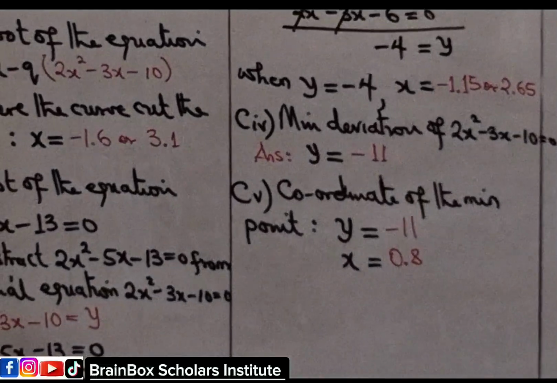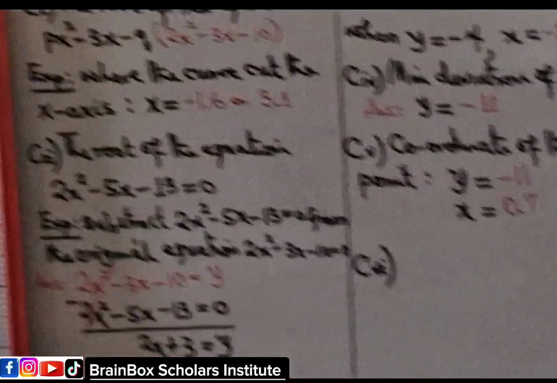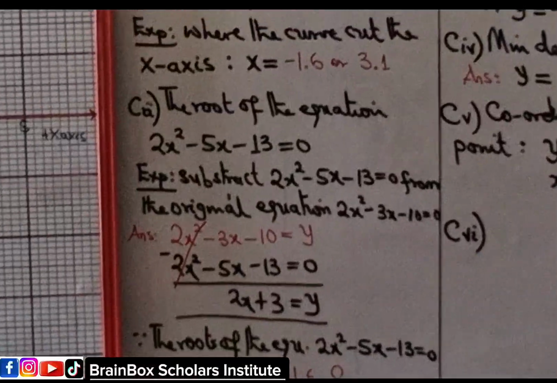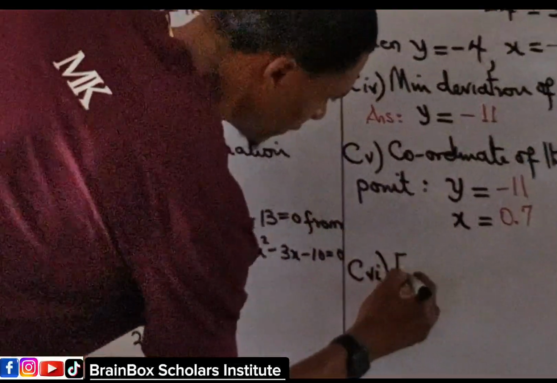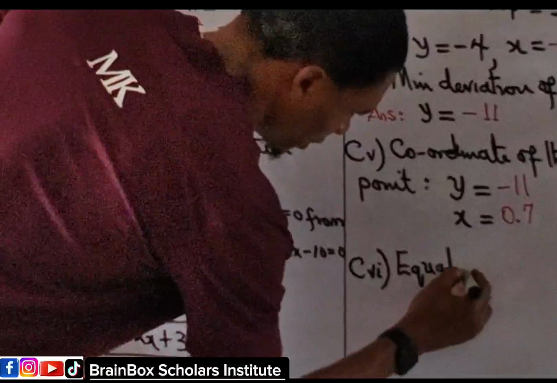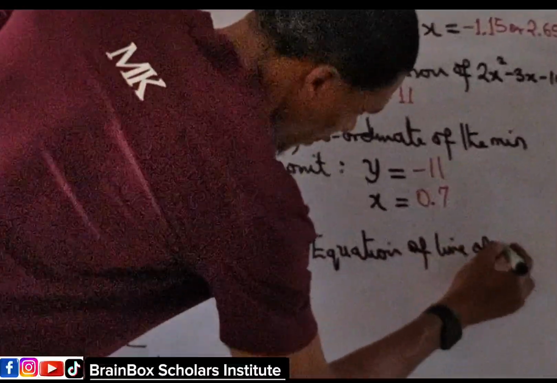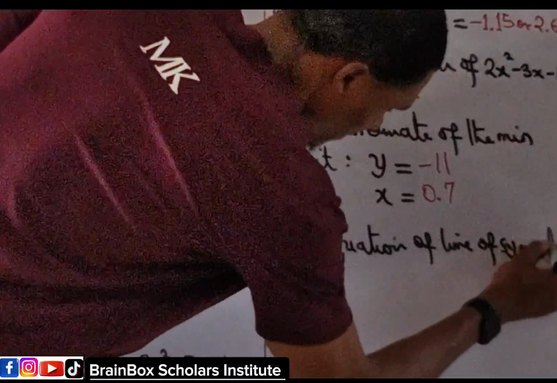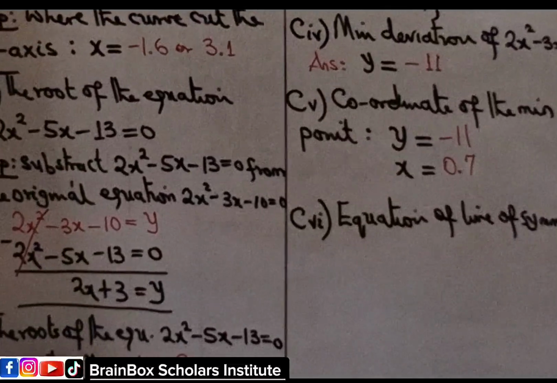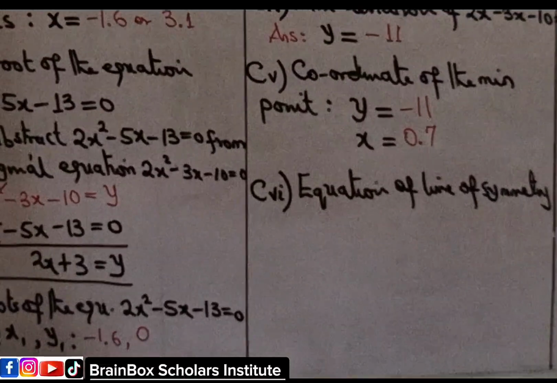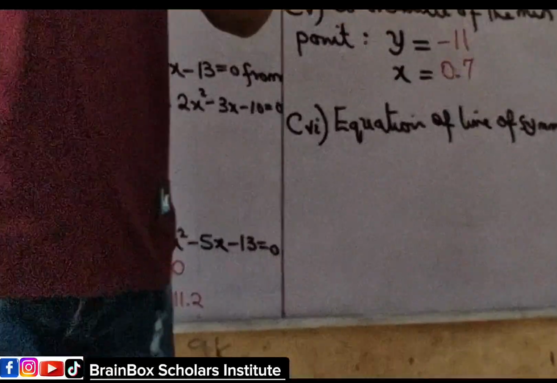And I'm good? Okay. Equation of line of symmetry. Okay. Watch. Equation of line of symmetry. If you don't pay attention, you will miss it. Equation of line of symmetry. Okay. How do we get the equation of line of symmetry? Now, you need to understand the line of symmetry. The line of symmetry